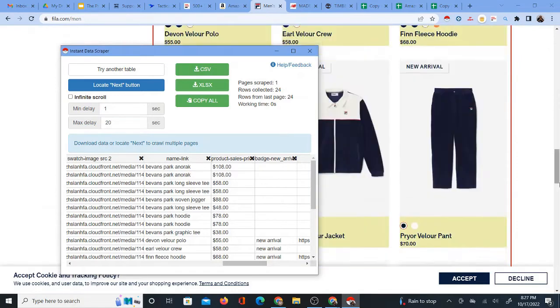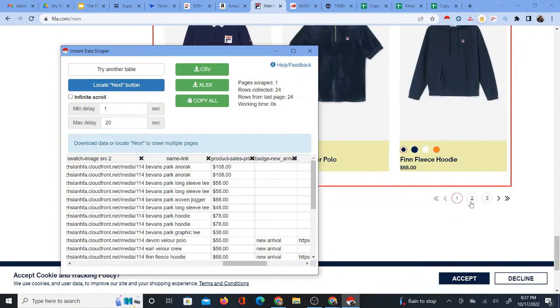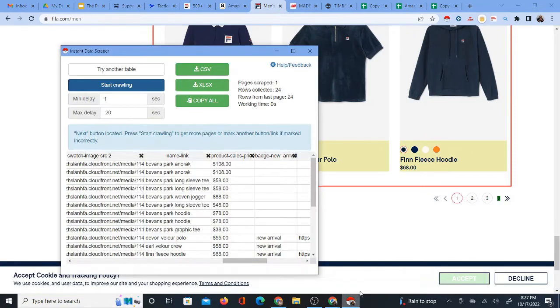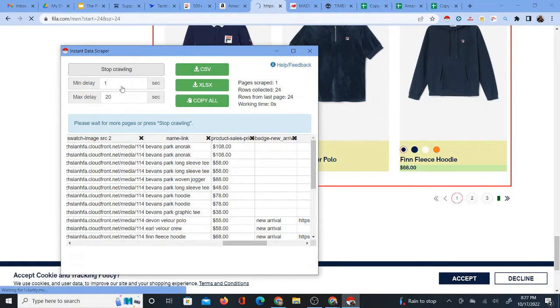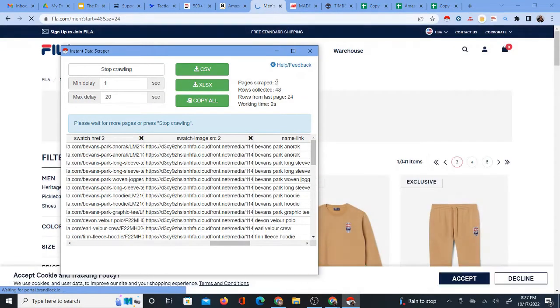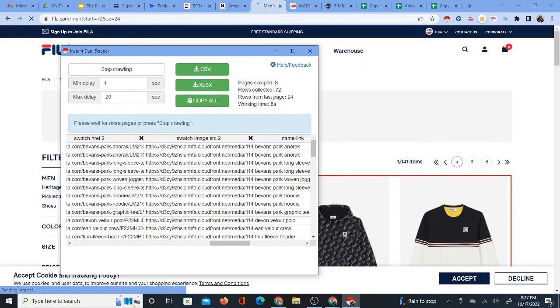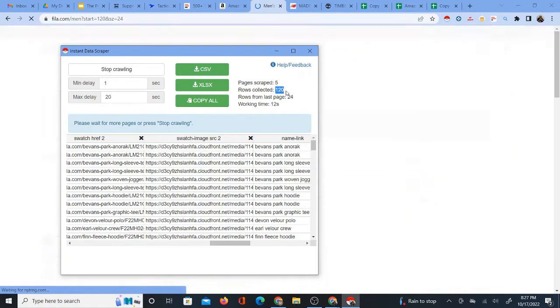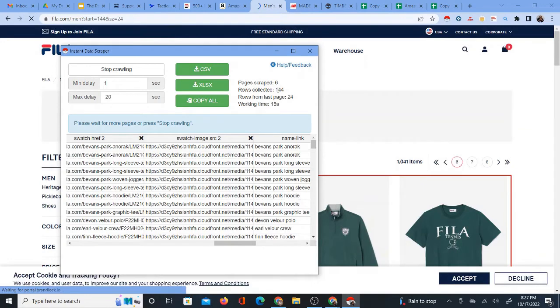And with this Chrome extension, you can actually scan more than one page. You can always try locate next button. And clicking on that button, you can then go back and use start crawling and see if it's able to then grab more pages, which I can see it is successfully grabbing more pages from this supplier page. So as you can see, the number of rows collected, that's basically the number of products that it's actually pulling